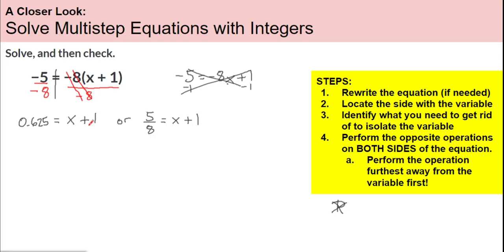All right, right now we need to get rid of that +1. Okay, we're going to -1, right? So cancel out. What we do to one side, we do to the other side. We're going to -1. That's going to leave us, on the decimal side here, with x on the right side. x equals, and then 0.625 minus 1 will give us